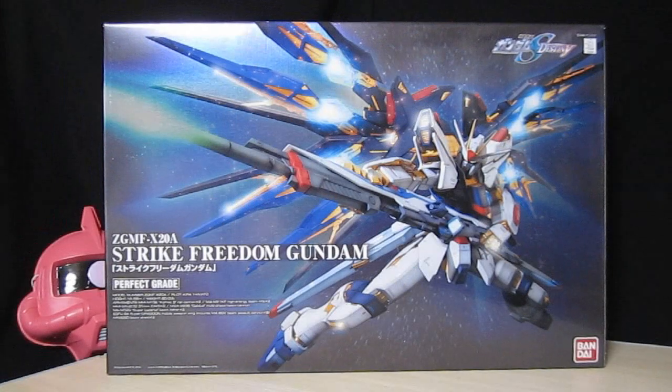I was a little bit hesitant to buy this after building the perfect grade 00 Raiser and buying into the hype for that last December, and of course you can see its long reviews with all its pros and cons. But anyway, with this one, I am excited because personally, I know a lot of people do hate this one, but I'm a fan of Strike Freedom, and I'm hoping that with a year under their belt Bandai has improved on some of the issues with the perfect grade 00 Raiser. Although there's something that I am worried about, and that's the 3 gold colors, which I'll talk about as